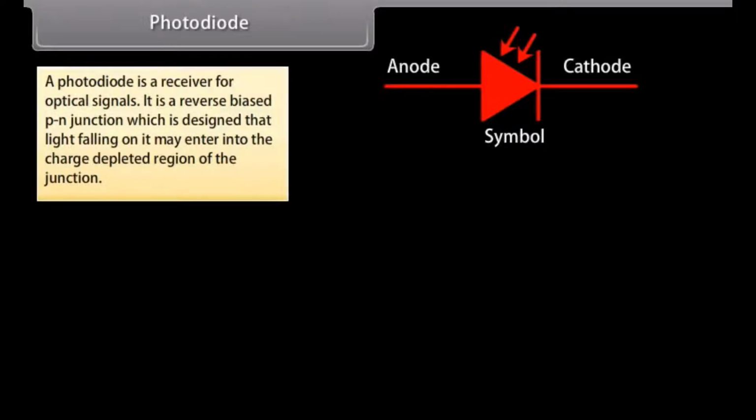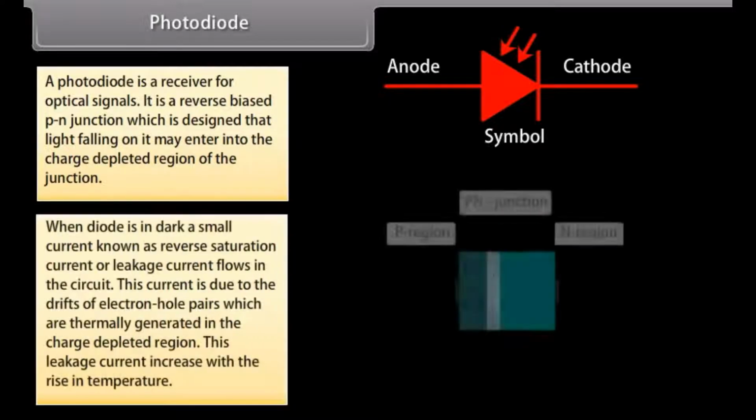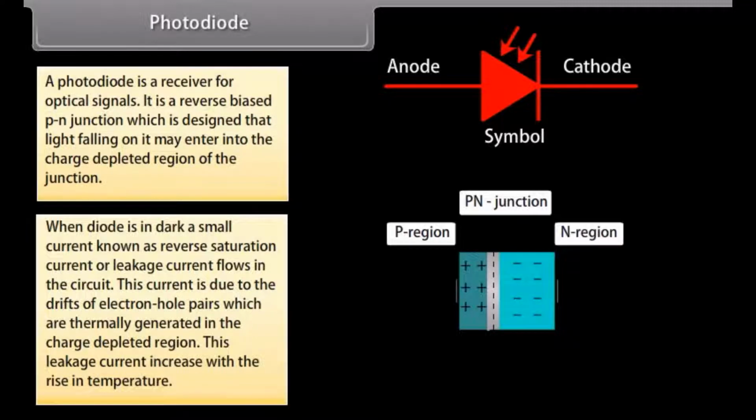Photodiode. A photodiode is a receiver for optical signals. It is a reverse-biased p-n junction which is designed so that light falling on it may enter into the charge-depleted region of the junction. When the diode is in the dark, a small current known as reverse saturation current or leakage current flows in the circuit. This current is due to the drift of electron-hole pairs which are thermally generated in the charge-depleted